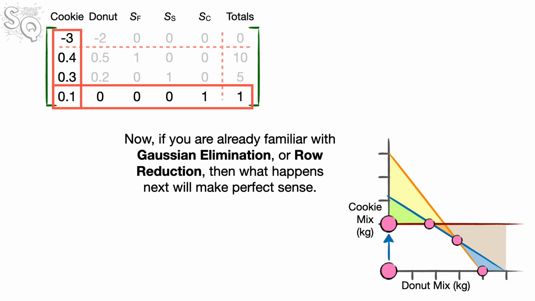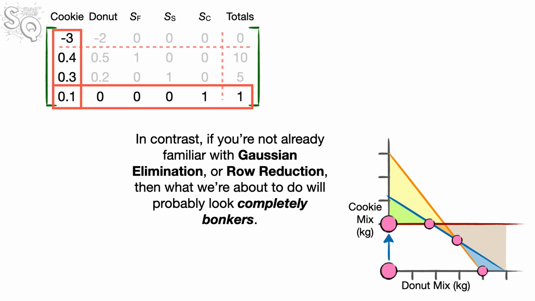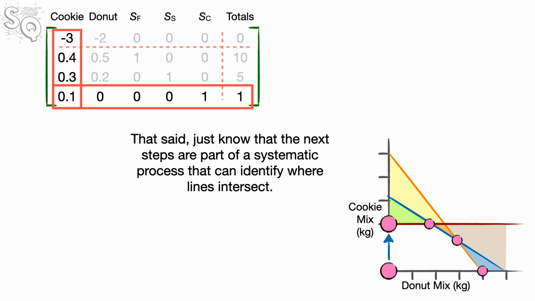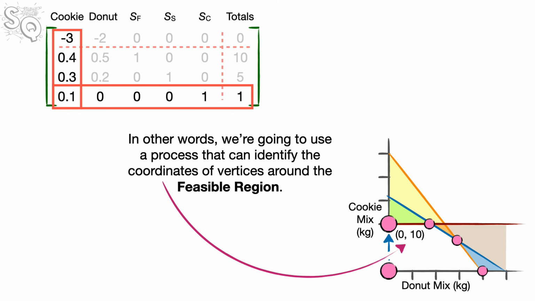Now, if you are already familiar with Gaussian elimination or row reduction, then what happens next will make perfect sense. In contrast, if you're not already familiar with Gaussian elimination or row reduction, then what we're about to do will probably look completely bonkers. That said, just know that the next steps are part of a systematic process that can identify where lines intersect. In other words, we're going to use a process that can identify coordinates of vertices around